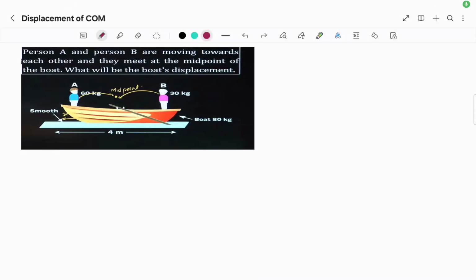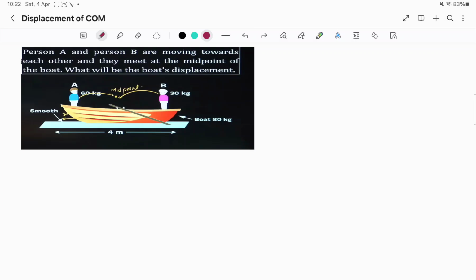Today we are going to discuss this problem. This problem is basically on the topic of center of mass, and it is given in nearly all the books. This type of problem you will find in nearly all the JEE books, or wherever this chapter is given. So basically, what is this question? We will move towards the question.